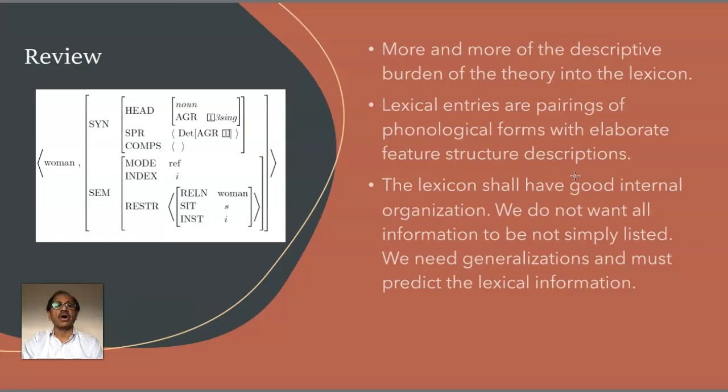We do not want all the information to be simply listed. If we simply list all the information in the lexicon, then the lexicon will be too heavy and too huge, which cannot be managed. So we need more generalizations even within the lexicon, and whatever lexical information we want should be predicted too. So in order to do that, we need to look at how the lexicon should be